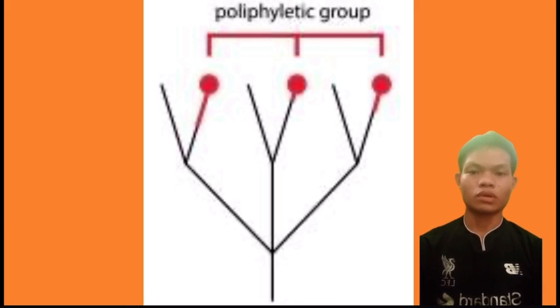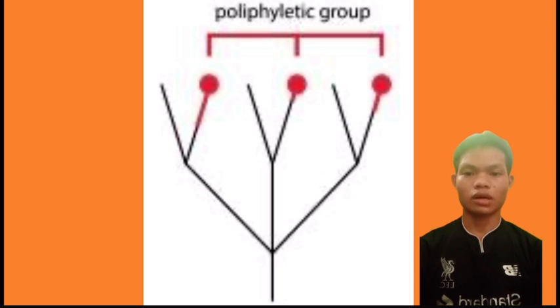For example, bats and birds both have wings, but their wings evolved separately. They look alike because they adapted to flying, not because they share a close ancestor, making them part of a